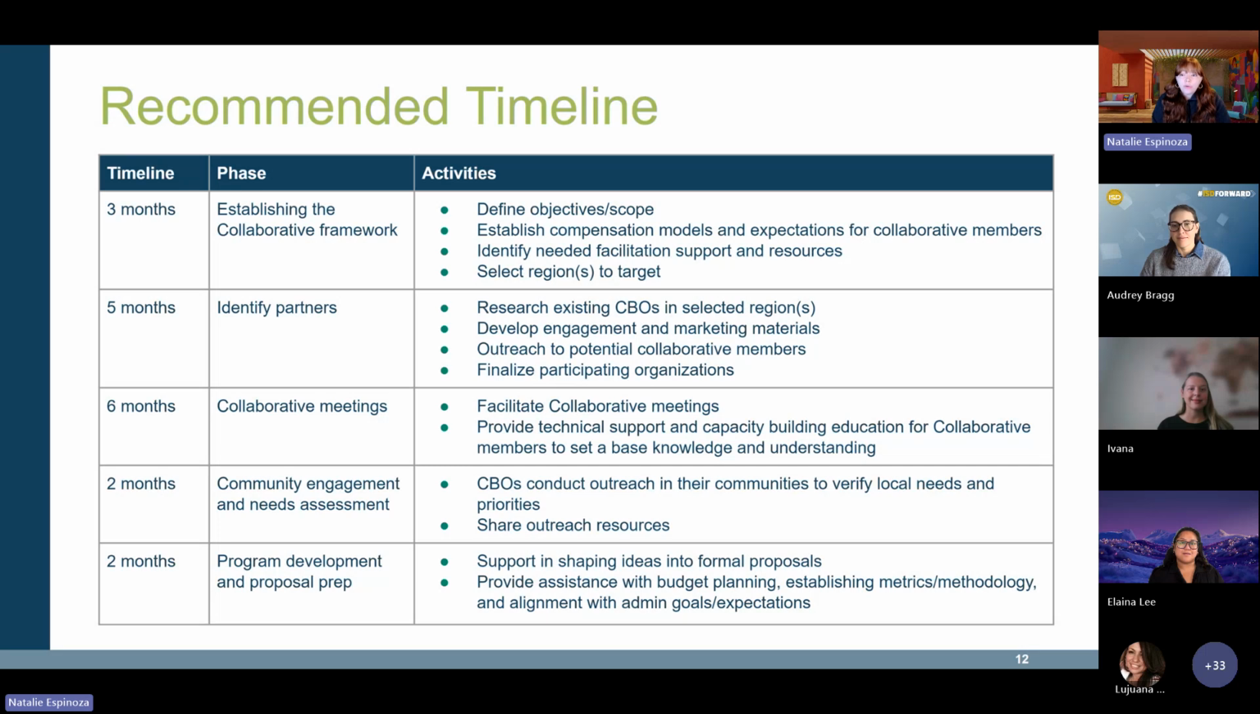So as facilitators, SoCalRen guided the collaborative through a structured timeline to move from setup to program proposals. In phase 1, about 3 months, we established the collaborative objectives, defining scope, clarifying compensation models, and selecting target regions. Phase 2, about 5 months, we focused on identifying partners. This included researching local CBOs, creating engagement materials, conducting outreach, and finalizing participating organizations. For phase 3, we had about 6 months. We launched the collaborative meetings, facilitating discussions, providing technical support, and offering capacity building education to create that shared foundational